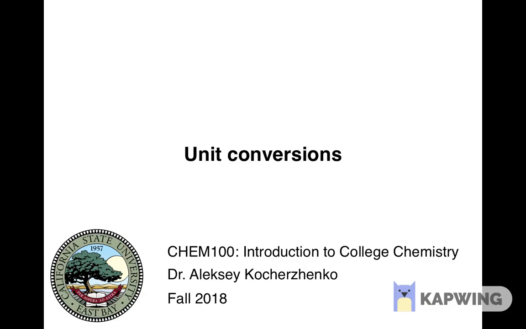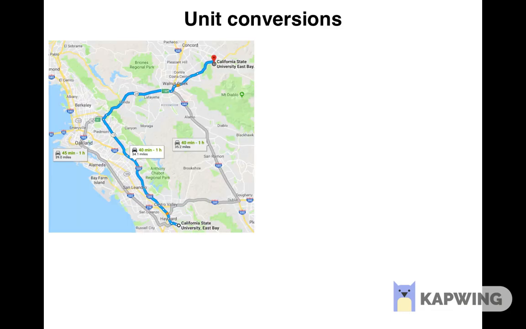We said earlier that only quantities expressed in the same units should ever be compared. We also said that in science we typically carry out all calculations in SI units. Therefore, we need to learn to convert between different units for the same physical quantity, particularly to convert to SI units. Let's say that we know that the distance between the Hayward Hills and Concord campuses of Cal State East